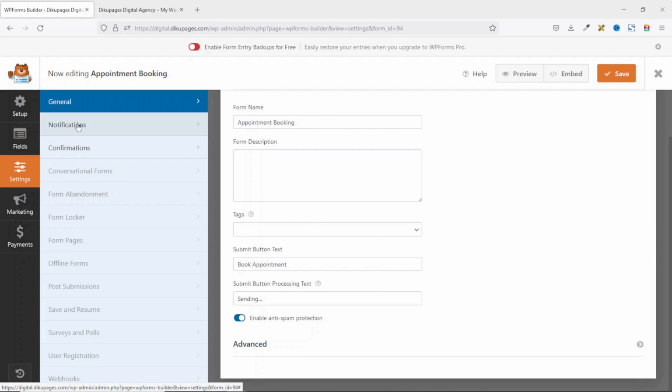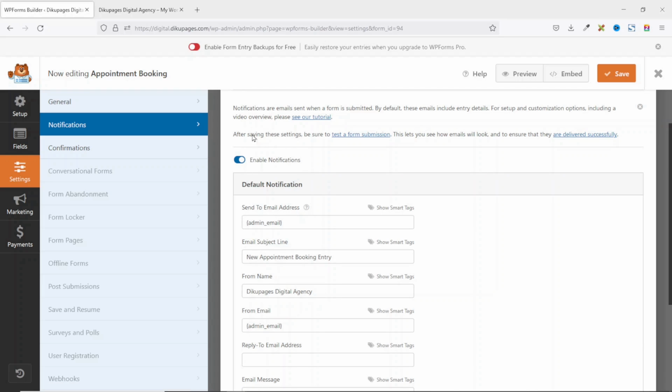Next, I go over to notifications. In here, you need to make sure that notifications is enabled. Otherwise, you won't get emails when people submit the form. The first field is send to email address. And you see that we have this tag right here. When you leave this, when users of your website send you a message through the form, it will go to